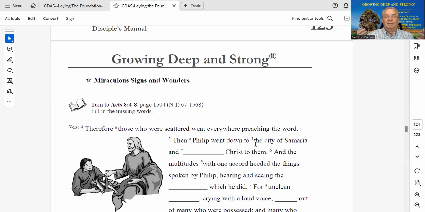We're talking about a 65-minute study over the week if you're running it that way. But the great part is this can equip them to go to extra studies just on this topic. So with miraculous signs and wonders, by these little A's and this little 1, they can go and look up what they mean, and find other Bible verses with that.